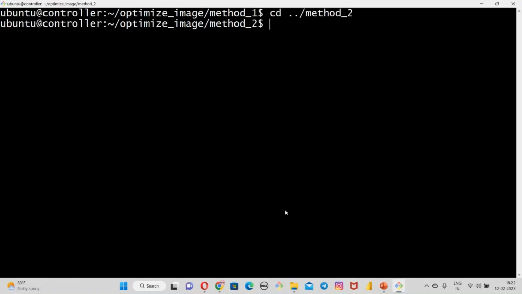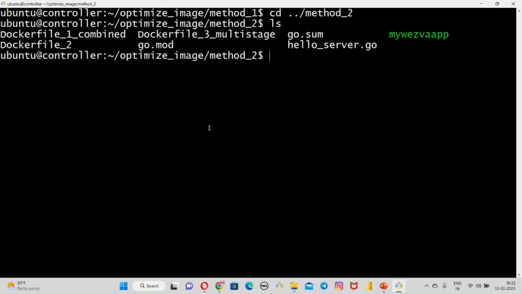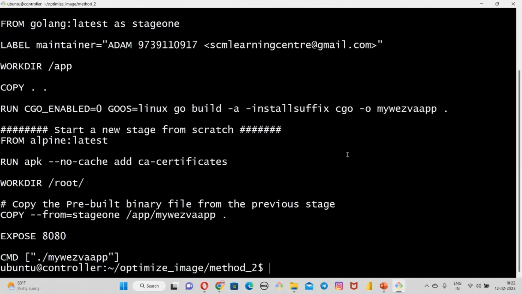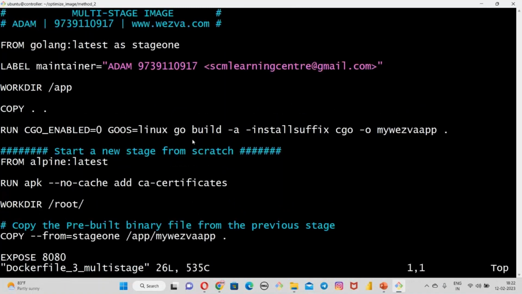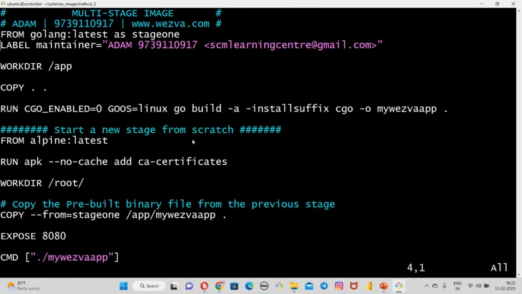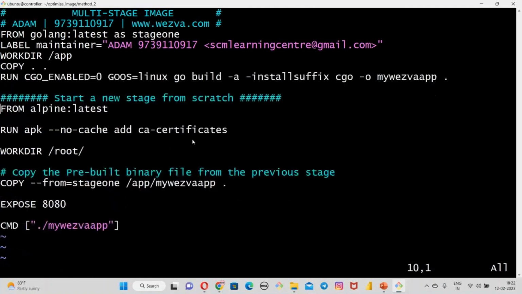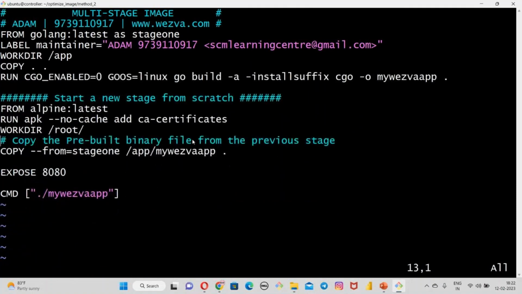Let me go to method 2. So now look at this Docker file. What I'll do, just to put everything into a single line, is delete the spaces so that it's easy for you to understand. I'll keep only this space. All right. Okay, so now if you see,